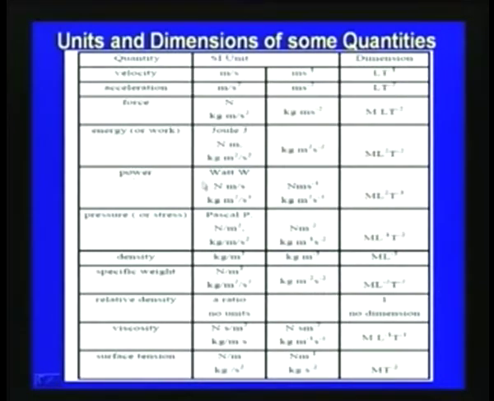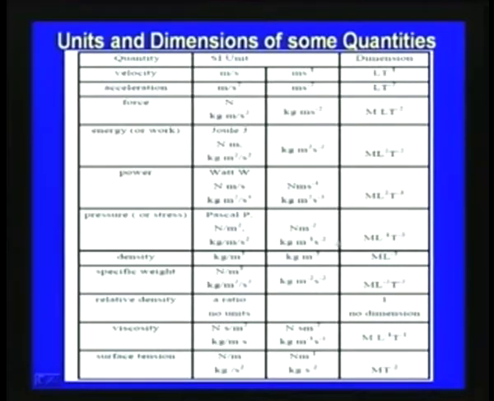Next one is power, represented as watt or Newton meter per second or kilogram meter square per second cube, and the dimension is M L square t to the power minus 3. And then pressure or stress, the unit is Pascal or Newton per meter square,